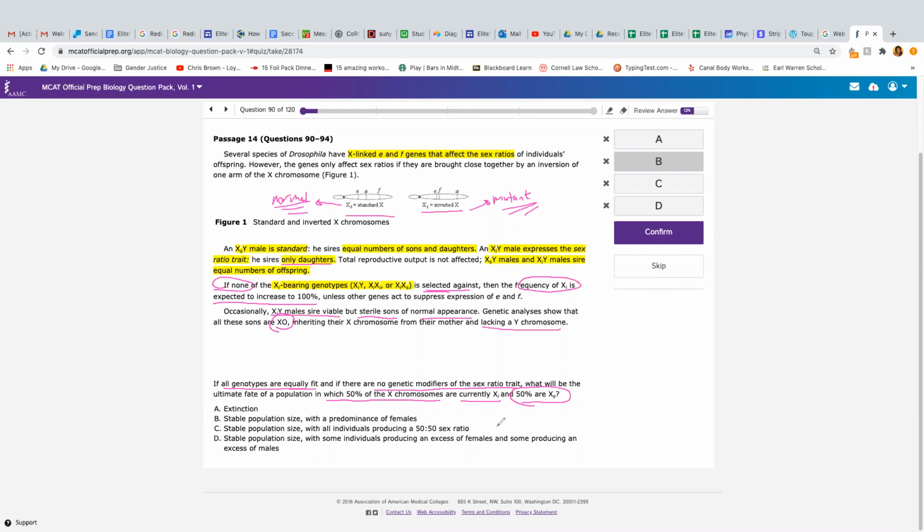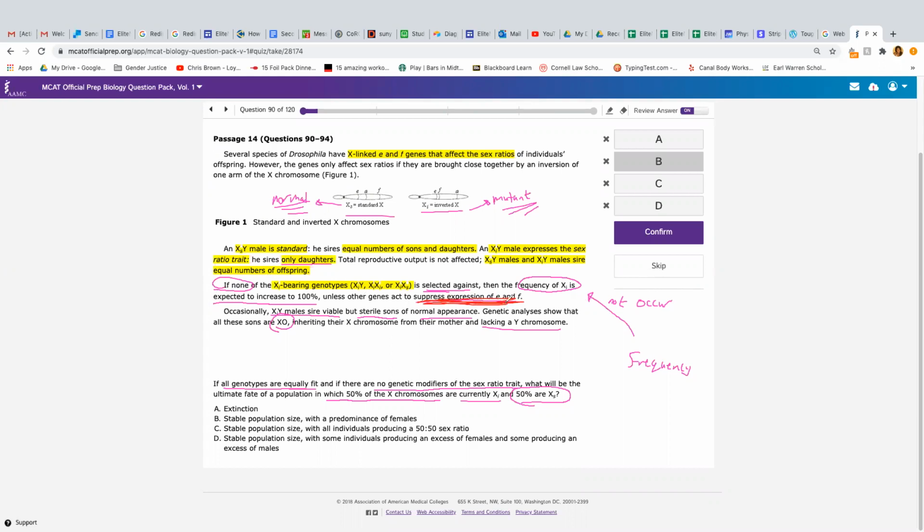So what I'm seeing in this question, it's basically telling me if what was stated in the passage did not occur, and the frequency, so that does not occur, right? Meaning that if there are no other genes to suppress the expression of EF, right? Another way of saying that is, I'm going to highlight this in red so we can kind of see the